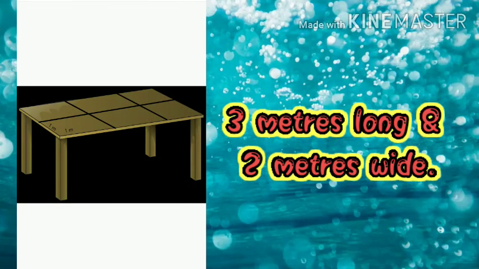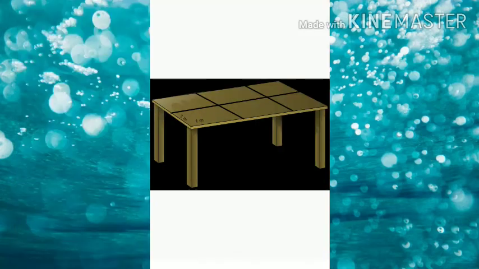Next, a big rectangular table is 3 meters long and 2 meters wide. The surface of the table is to be laminated and a border tape has to be fitted along its side. For this, we must find out how much laminate and what length of border tape is required. The laminate will occupy the top surface of the table.